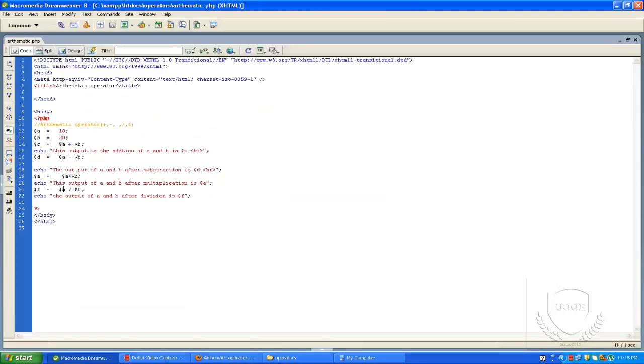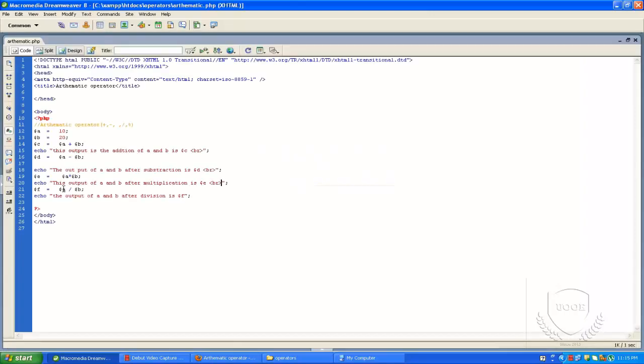I want to add a break statement. If you see the output of a divided by b, the output is 0.5. So we can also perform division.